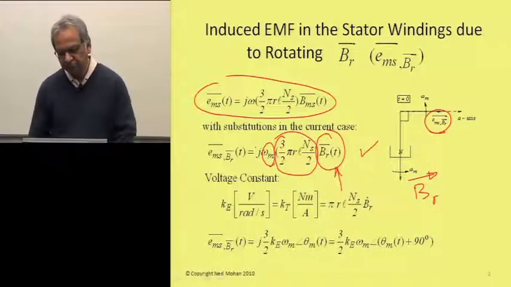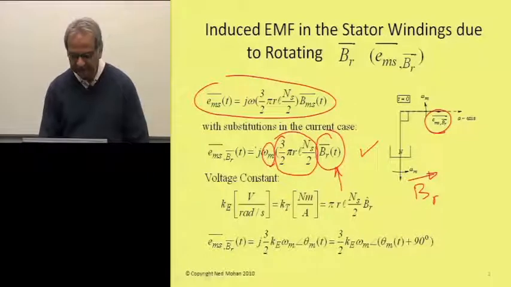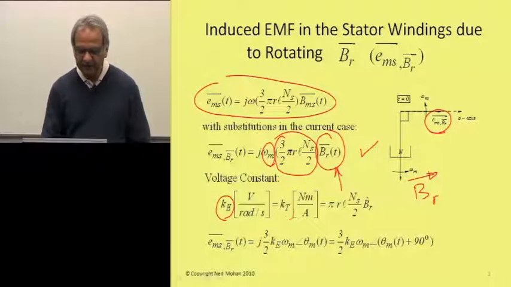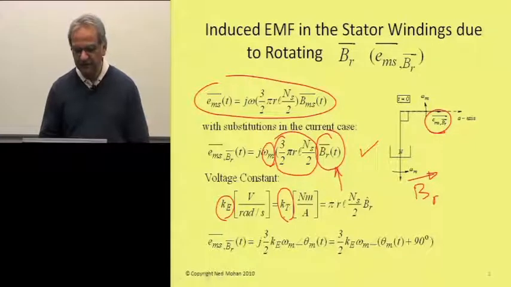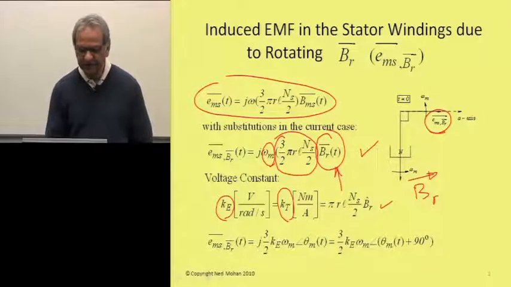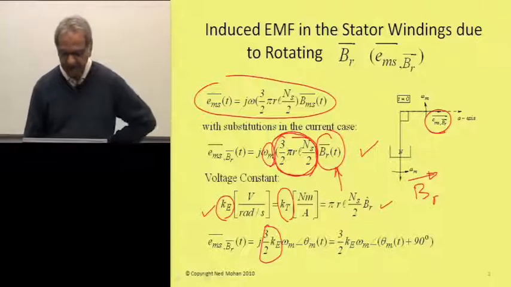Actually, it's more than this voltage constant Ke. But let's define this voltage constant Ke in volts per radians per second to be the same as this torque constant Kt, which we have seen in the earlier module, which was Newton meters per amp, and which had this expression over here. So if you make Ke and Kt the same, then this quantity within the brackets over here is 3/2 times Ke. So we get this expression here, which shows that